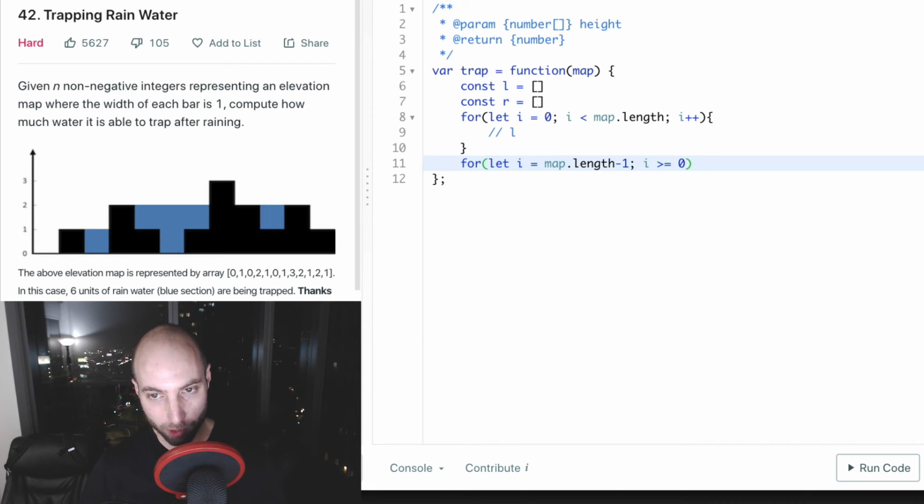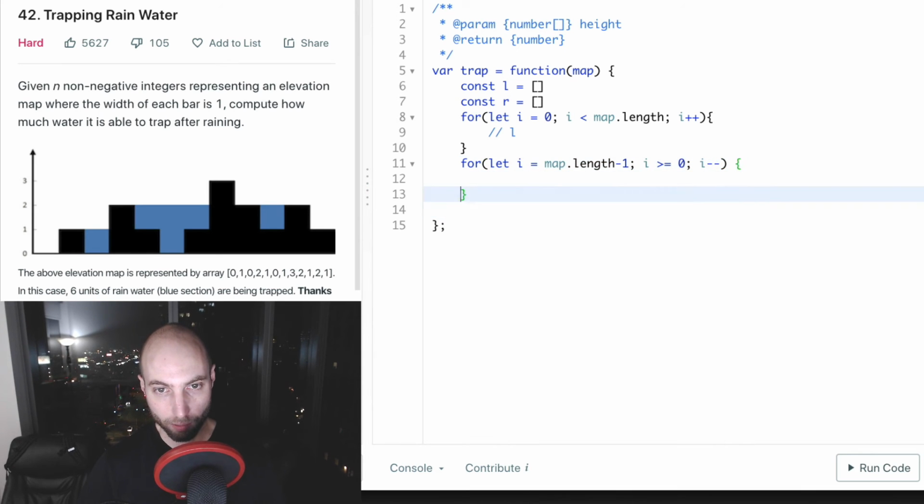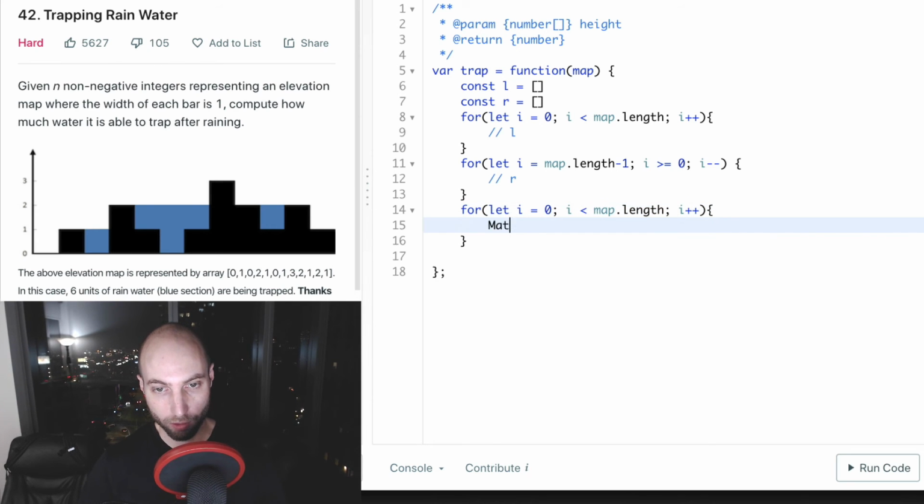greater or equal to 0. So count all the way down to 0. And this one's going to be I minus minus. And we're going to build up the right edge array. And then we're going to do another pass here. And we're going to do the math.min of the left edge and the right edge minus the ground elevation. So what we're saying is the